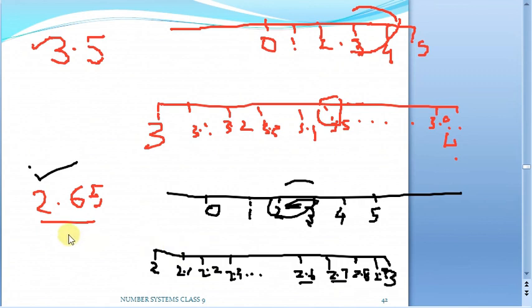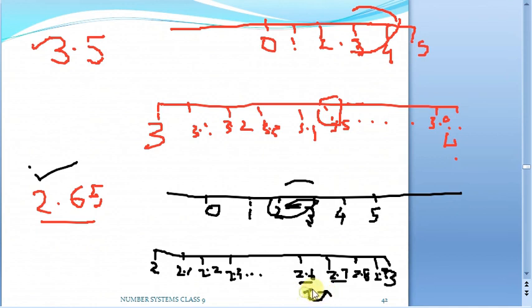Now have a look at our number. It is 2.6 and it has crossed the 2.6 also. But has it crossed the 2.7 here? No, it is 2.65. So 2.61, 2.62, 2.63, 2.64, 65, 66, 67, 68, 69, and we will be having about 2.7. That means my number, which is about 2.65, will lie between these two numbers.